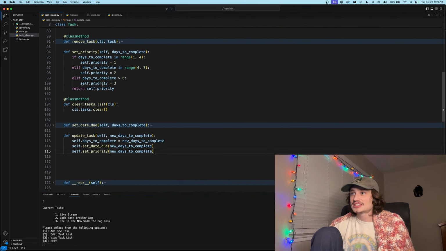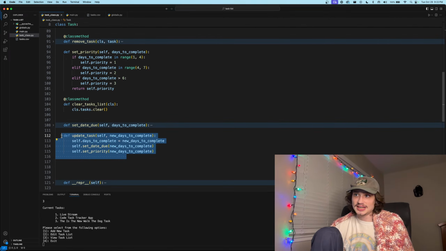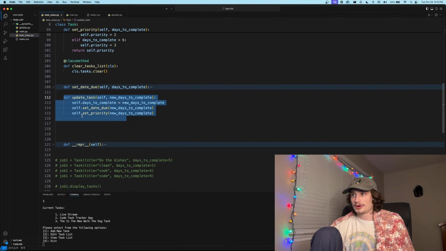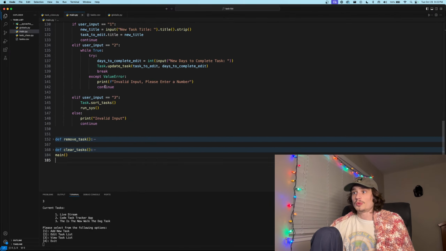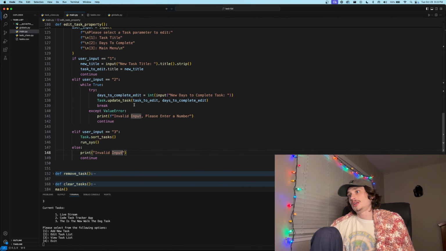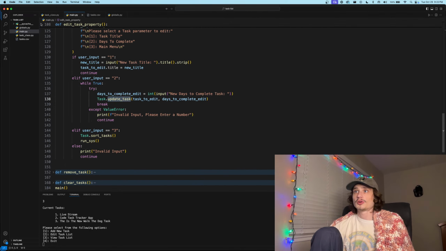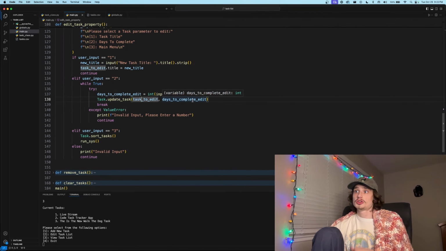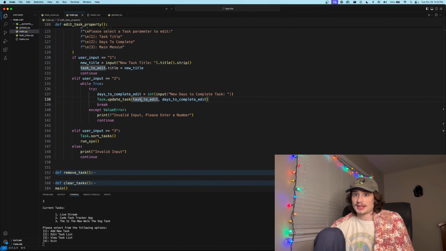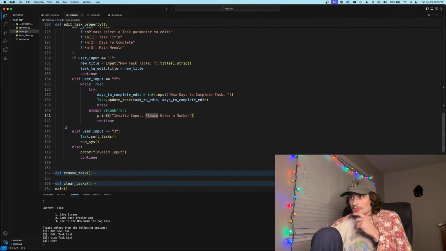So we successfully were able to take this updating of the task and make it a function within our library, or our task class object library, and make it reusable so that any person that imports this can update a task by giving it these parameters. So pretty neat that now that's reusable. But